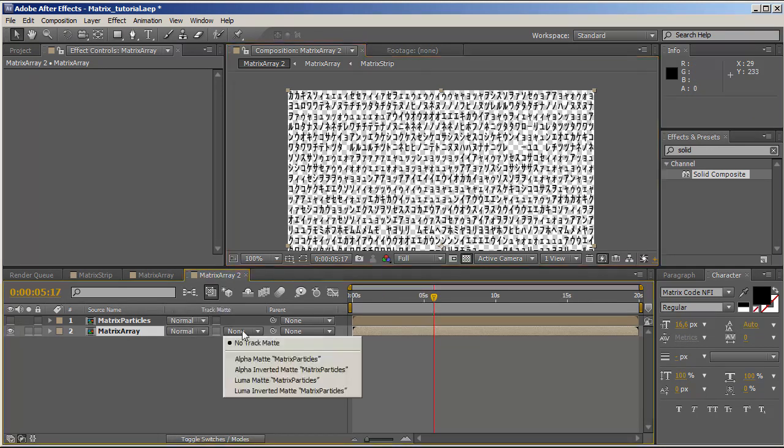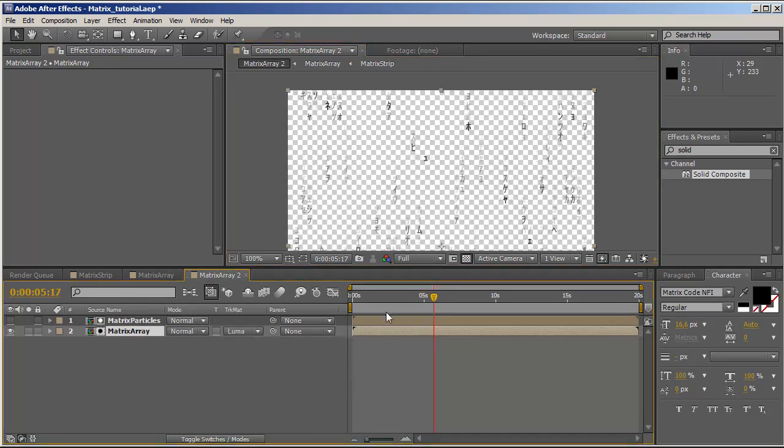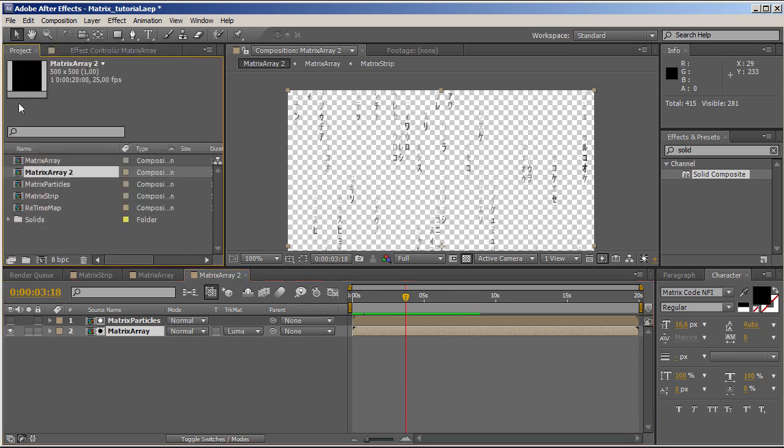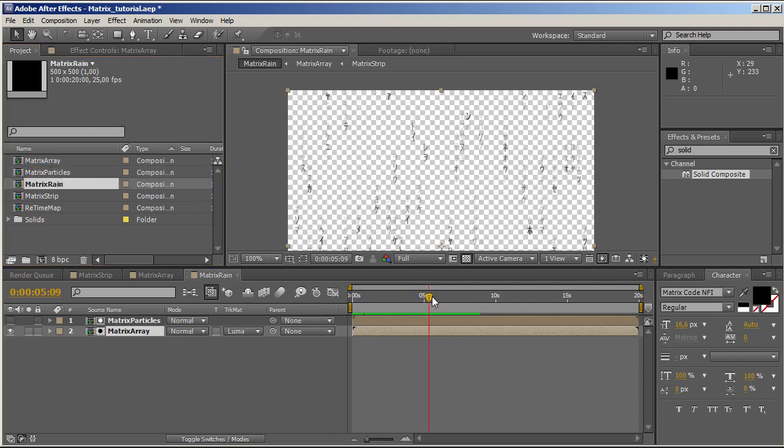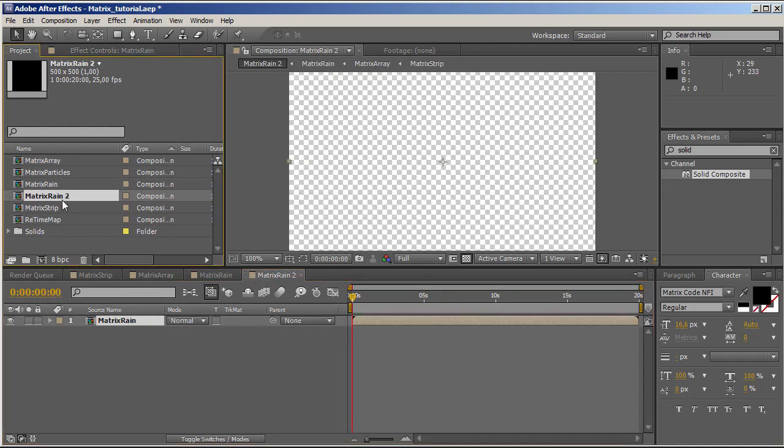So F4, track matte, luma matte particles, and just take a look at this. This is exactly the look we were after. As you can see, the letters are changing as they are falling, so it's exactly what we wanted. So let's call this matrix rain, and now we can put the matrix rain comp into our final composite